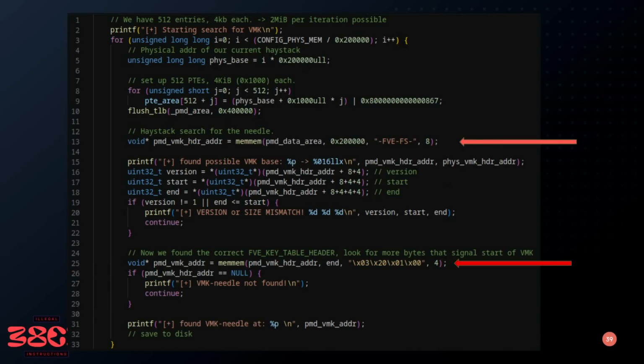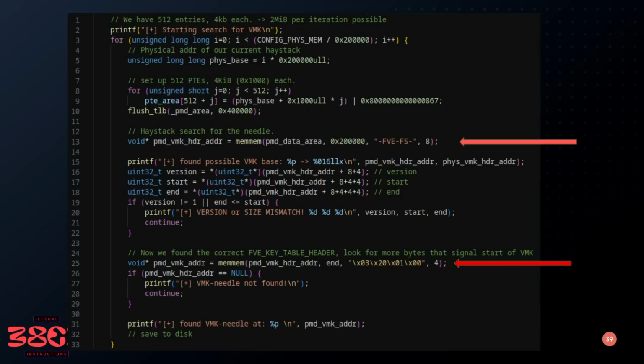Yeah, this is just one last step. This is the exploit code I adapted. It goes way on before and after that, not really interesting. The only interesting part here is that I have these two memcompares, where I look at the memory in chunks and search for this needle,